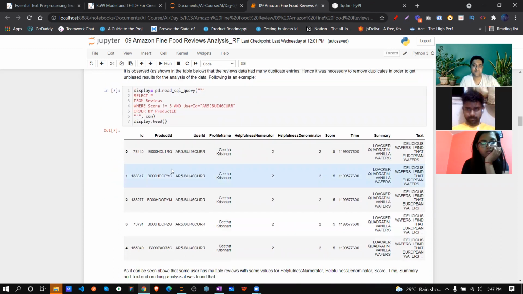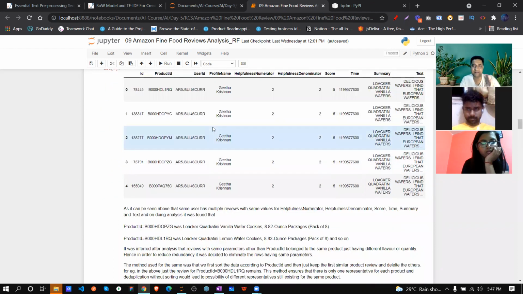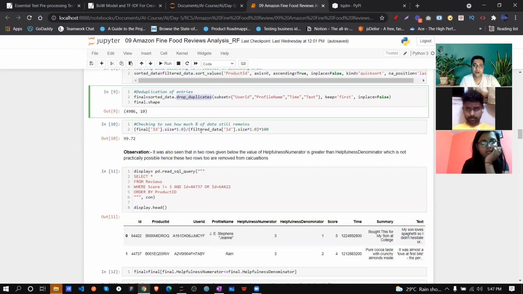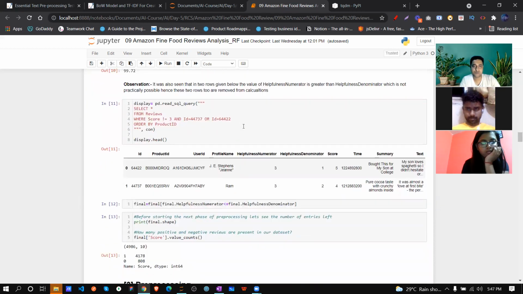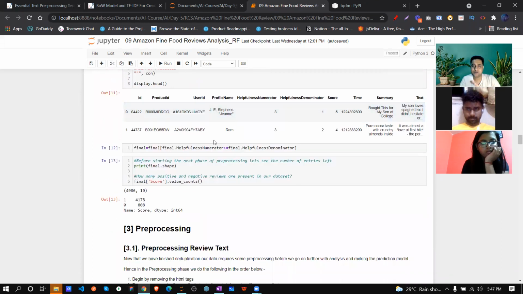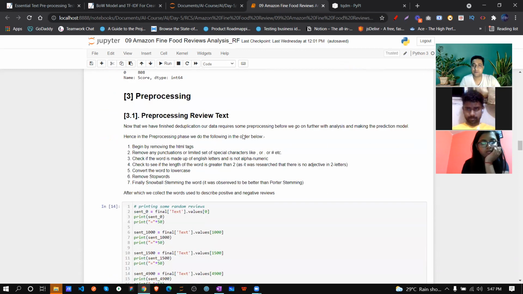Exploratory data analysis, no need to do anything. That's okay, leave that part. So those deduplication entries that we are deleting, that's a normal drop duplicates, we already know, so that way we can easily delete. Okay, so that's okay. Here is nothing, again the same thing, we are checking multiple. This is not my focus point, we already know how to deal with that. So that's perfectly okay. Now this is the main thing.